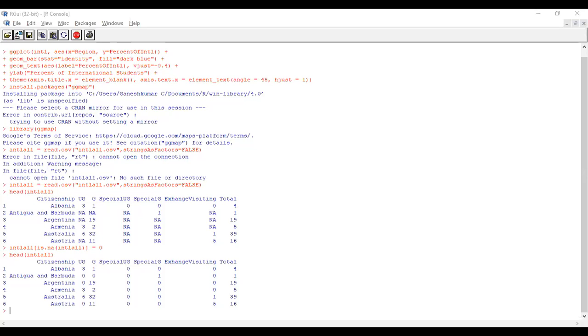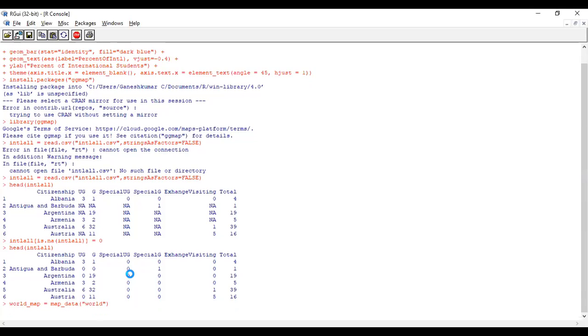Okay. So now you have to load the world map. To map data, you have to load. For this, you can use the command called map_data with world. Anything before the equal sign is the variable, and map_data is the function.